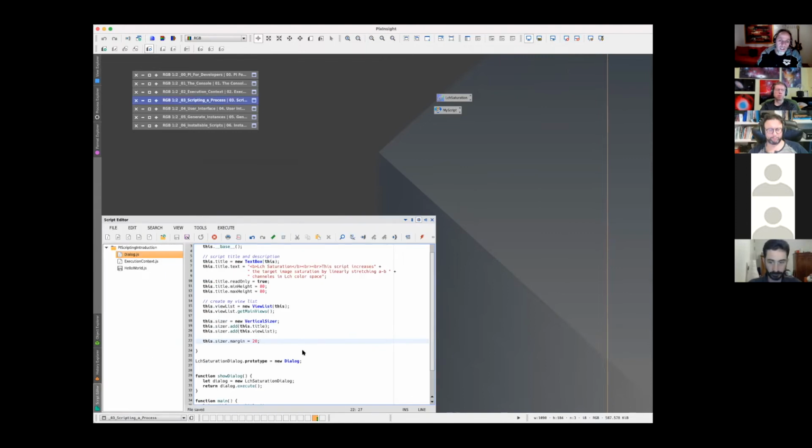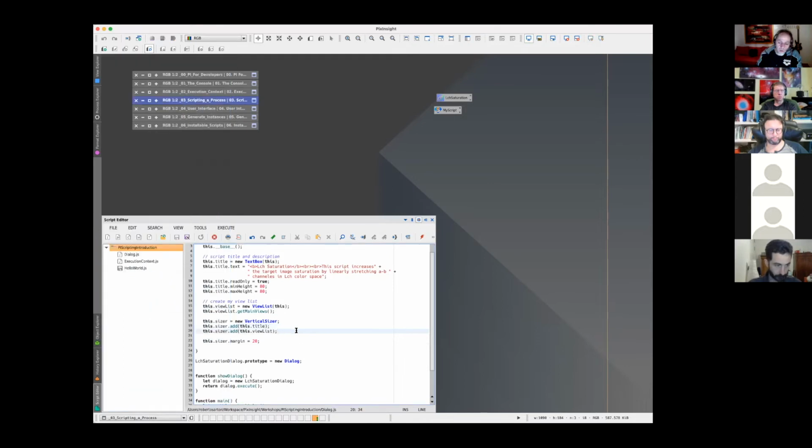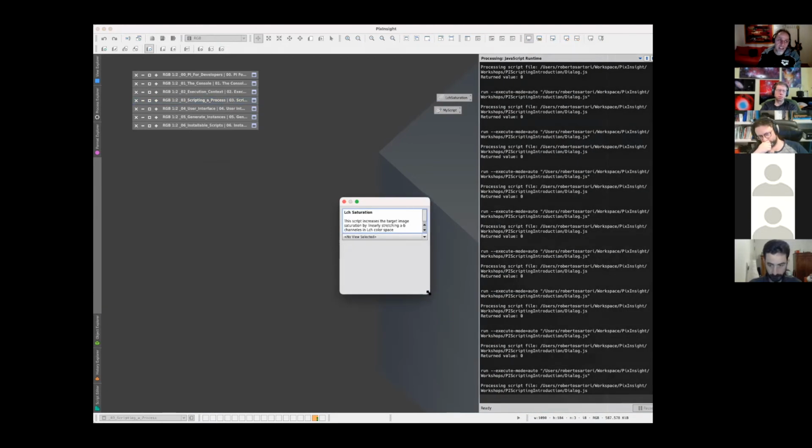So if we say here, again, Object Explorer, methods. Here we have the function addStretch, which is exactly doing what we need to do. So we have addStretch. It maybe is very high. Let's put 8. So by doing this, you see that if I expand vertically my dialog, the stretch element we